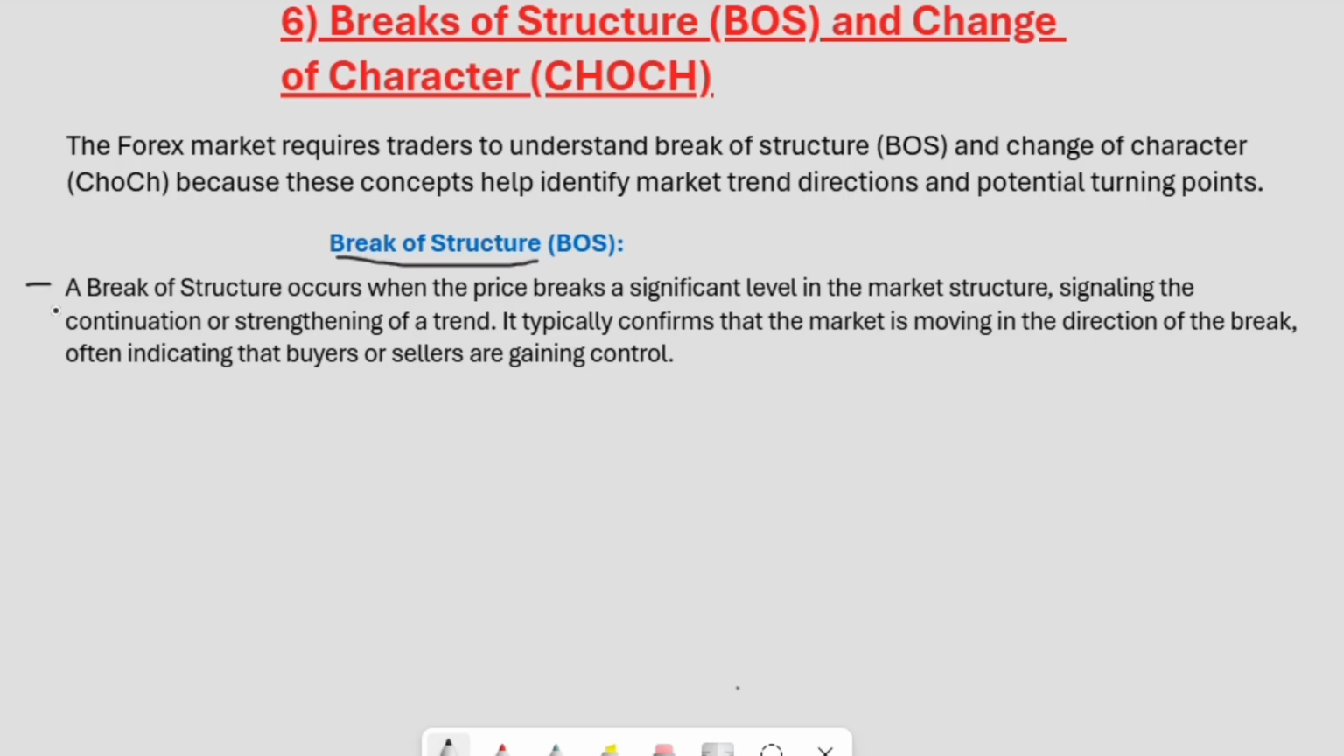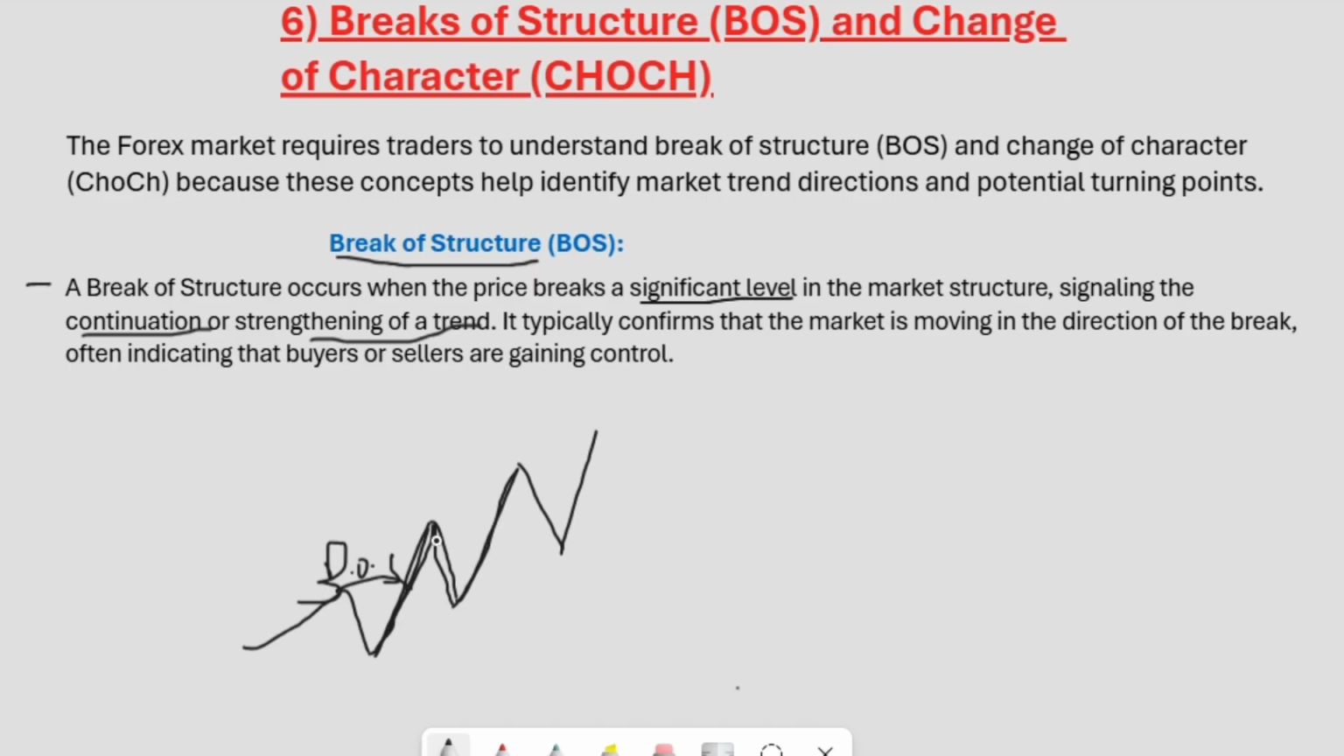BOS. A break of structure occurs when the price breaks a significant level in the market structure, signaling the continuation or strengthening of a trend. If, for example, we are on an uptrend, when price breaks this swing high around here, we call it BOS, break of structure. Then price shows continuation or strengthening of a trend, then it shows retracement, then price comes up again